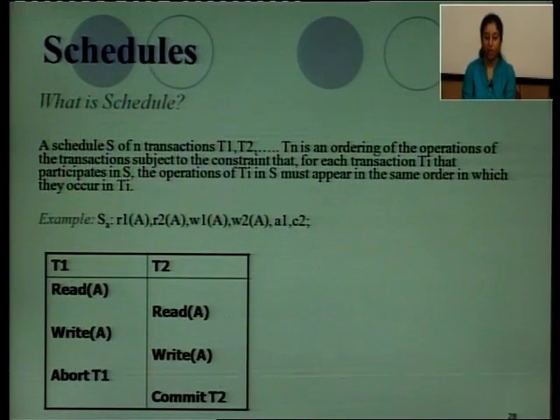Now next is schedule. What is a schedule? A schedule S of n transactions T1, T2 up to Tn is an ordering of the operations of the transactions, subject to the constraint that for each transaction Ti that participates in S